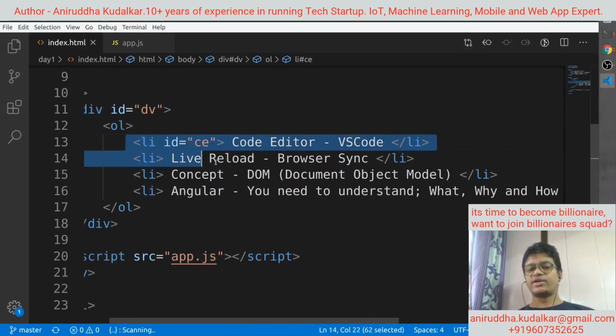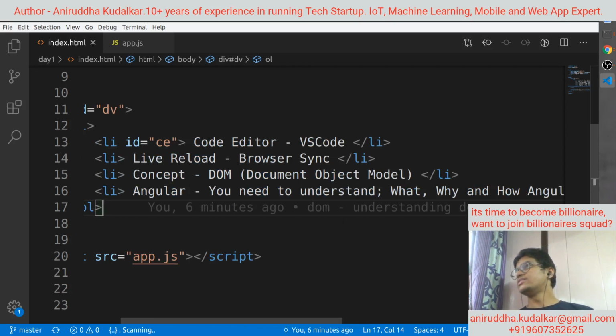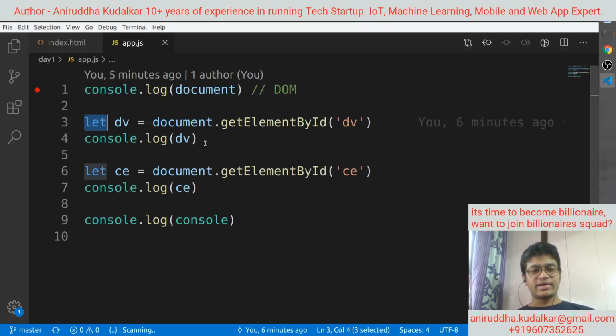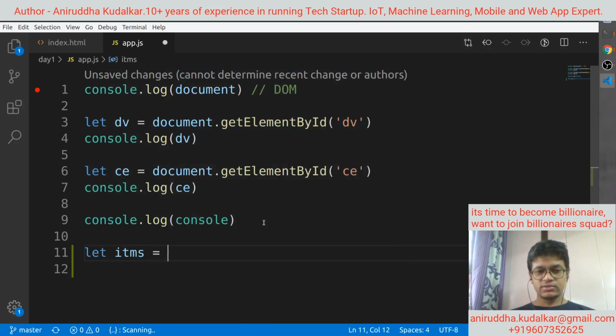Likewise, I have written this here in a static way. But there would be an array. I can say let items